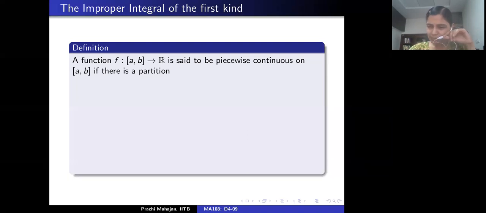In order to develop this method, you need to develop some vocabulary, right? So we will quickly see some definitions, the concept of improper integrals and things like that. In fact, I was planning to put these slides up on Moodle, and I would request all of you to read them on your own. Any questions, we can take them up in the discussion session, because there's not much to hear. All you need to do is keep track of some definitions. But let me do some basics at least so that you can get started.